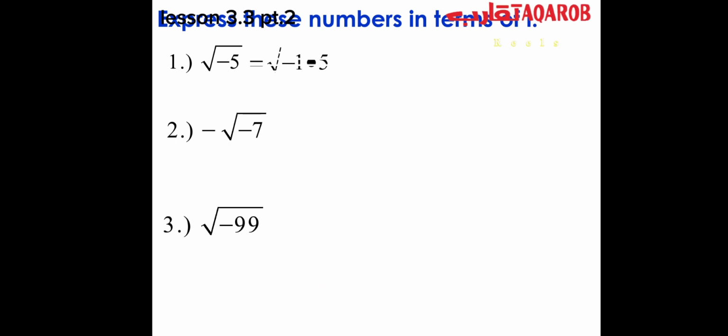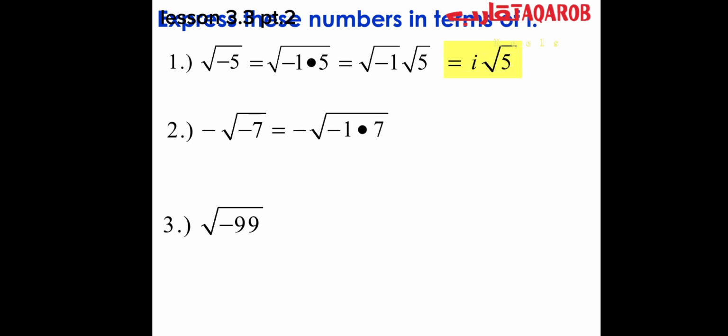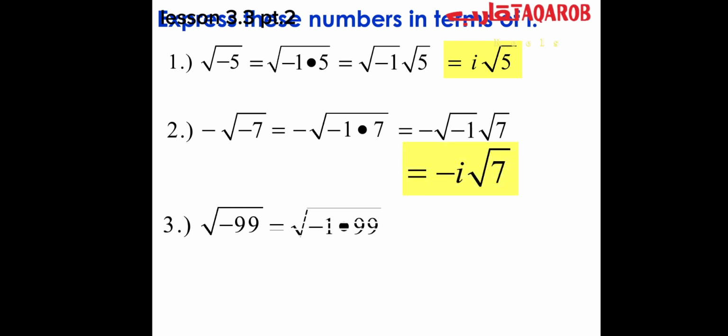For example, we can say that the square root of negative 5 equals the square root of negative 1 times radical 5, which means i radical 5. And the same thing, negative i radical 7, and the square root of negative 99 will be the square root of negative 1 times 9